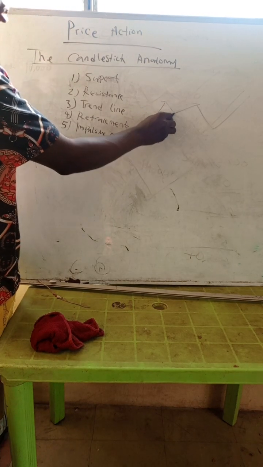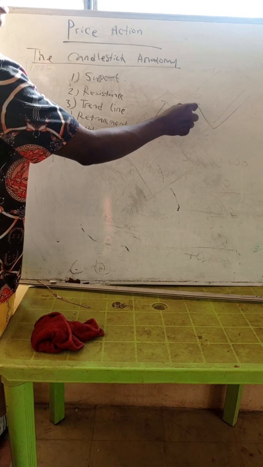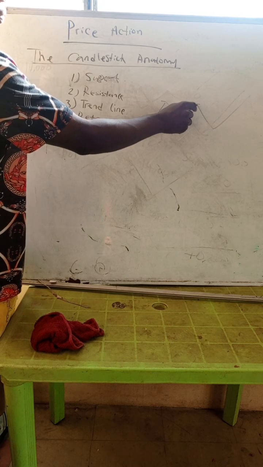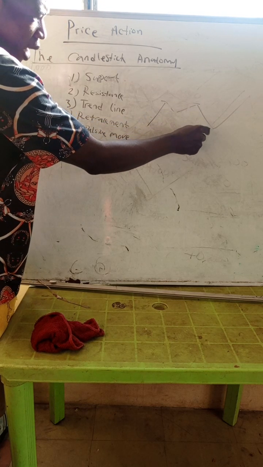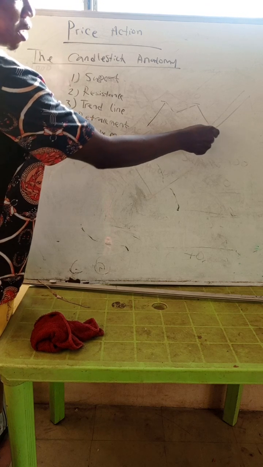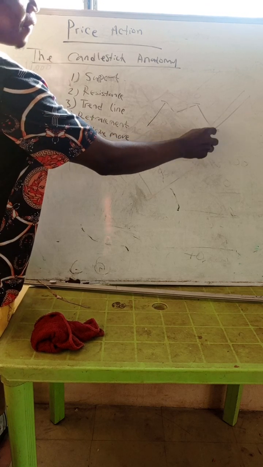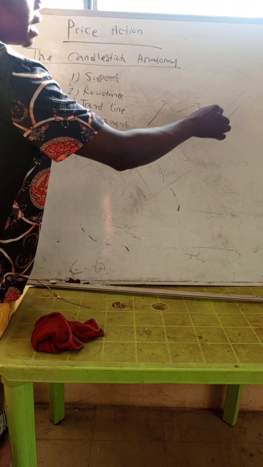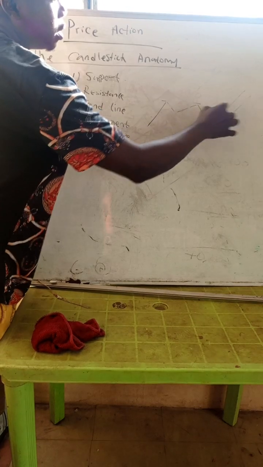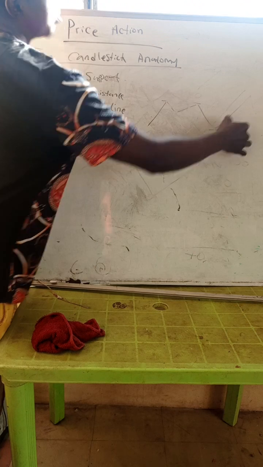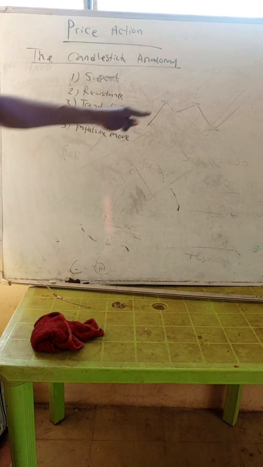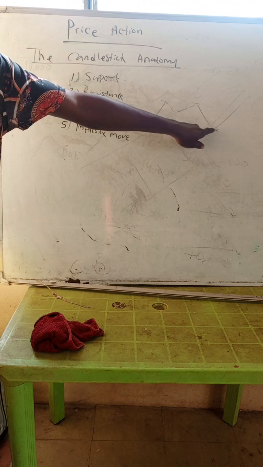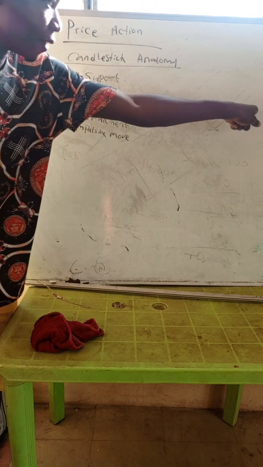And then it came down to the support here. And then moved up again to that same level. And then was rejected again, was resisted again from going any higher. Then it went down, and then came here and this support held it here. And then the price found support here and failed to go any lower. Now it moved up again, and then probably broke this level, broke this support level that was holding it before, and then broke out. So the price was resisted in two places first. It was resisted here before it came down to support and then broke out of this line.